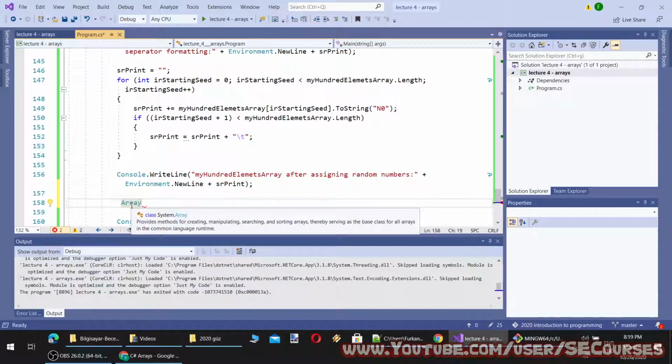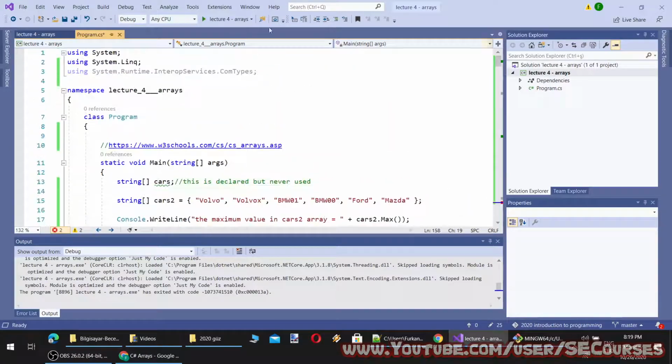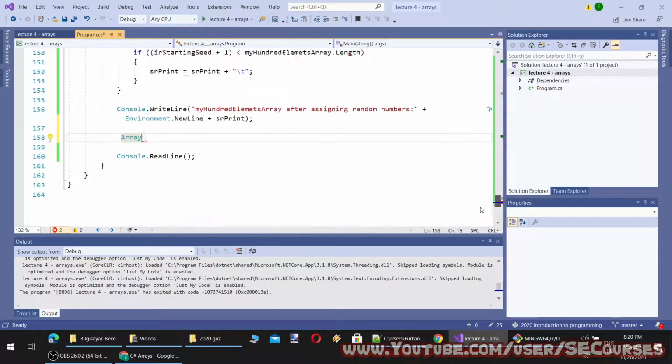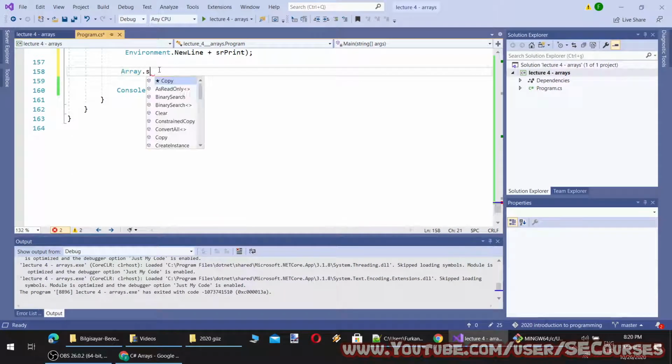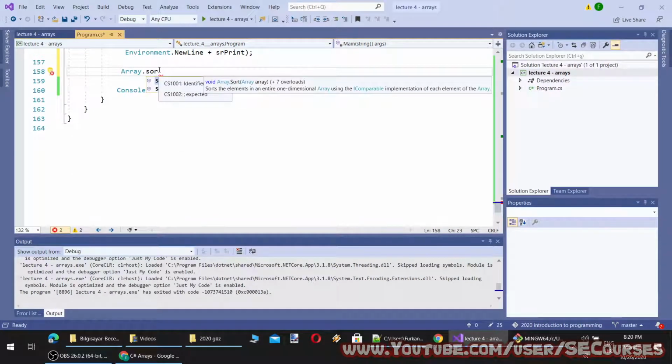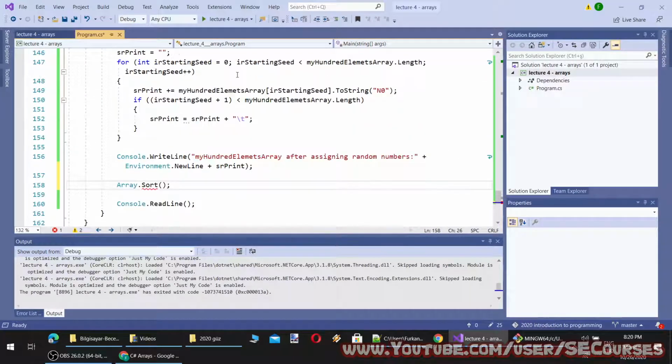You see, it is a system framework class, system library class, and we are using the system library namespace here. And it has a sort method which sorts the elements in an entire one-dimensional array. It returns void, therefore it will be automatically sorted without reassignment.